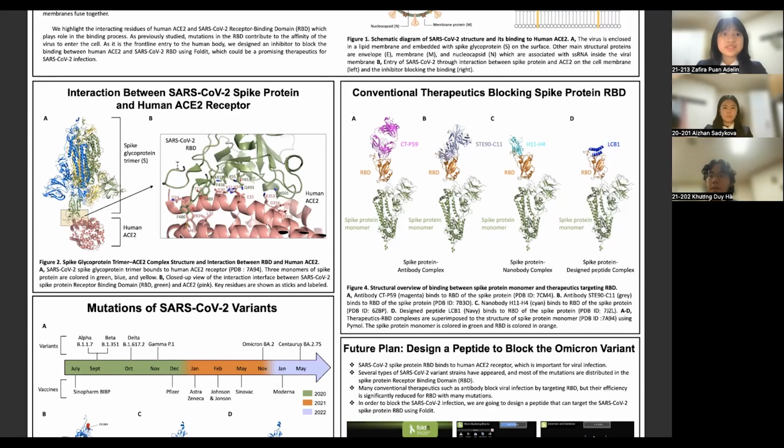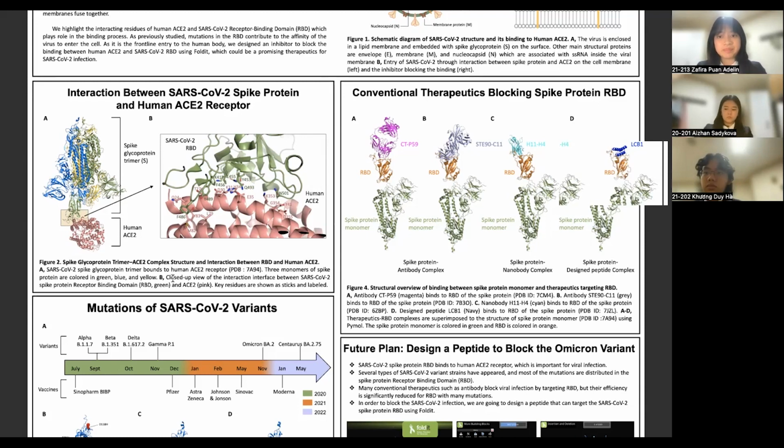Now I will explain the interaction between the SARS-CoV-2 spike protein and the human ACE2 receptor. In figure 2a, we have the spike glycoprotein trimer colored in green, blue, and yellow, and also human ACE2 colored in pink. Here is the zoomed version of their binding. We labeled and highlighted the key residues in their respective colors, and the key residues are shown in sticks. After we study this, we will design an inhibitor to block the binding between them, thus preventing virus infection,